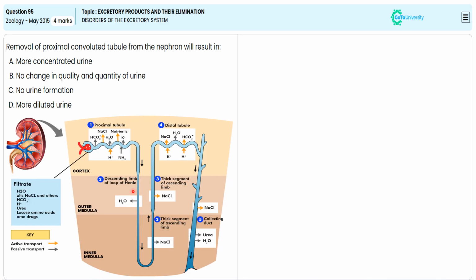In this particular picture, we are observing the active transport and passive transport marked with various colored arrows. If you remove the proximal convoluted tubule, the maximum amount of urine will be produced. With this specification, we are choosing option D as the correct answer to secure 4 marks, after ignoring options A,